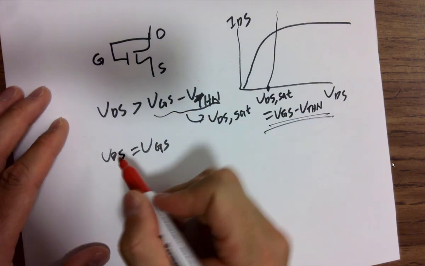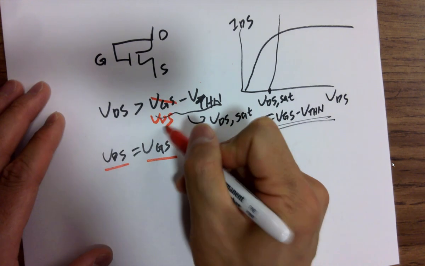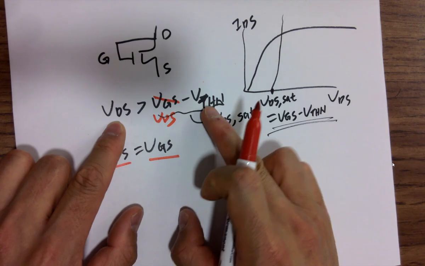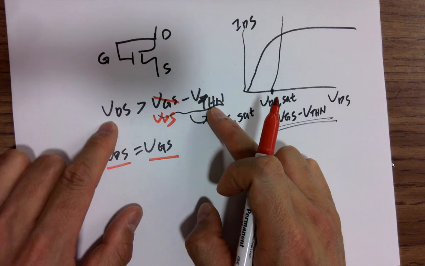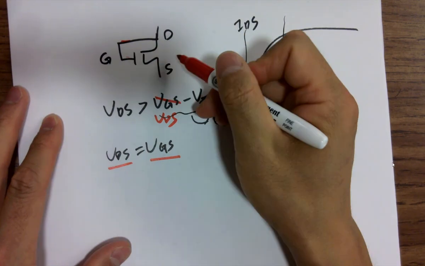So because this equals this, right? It's given. And here's VGS. We can replace it with this, right? No problem. It always works because VTHN is 0.8 volts. The VDS is always larger than the VDS minus VTHN. It's going to always work. Then it's always in saturation. So if you do this kind of connection, you can guarantee